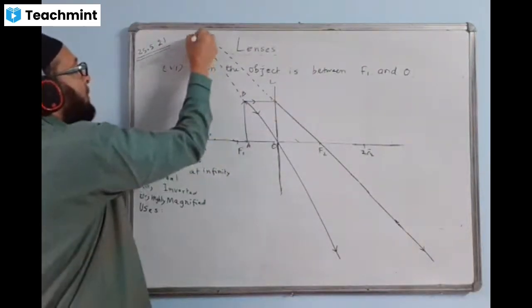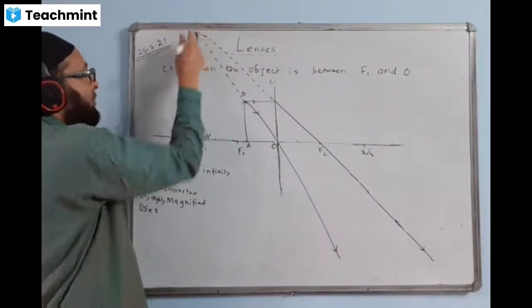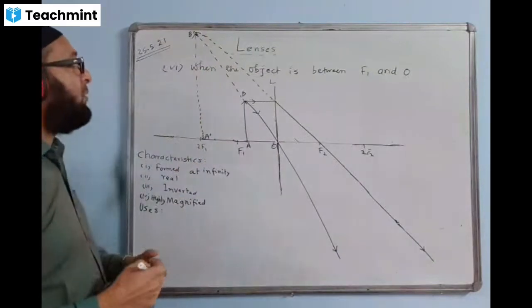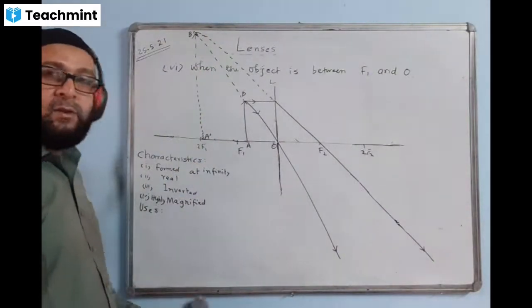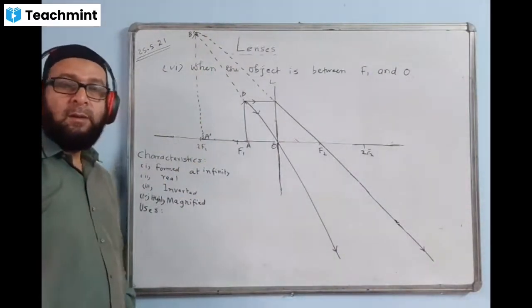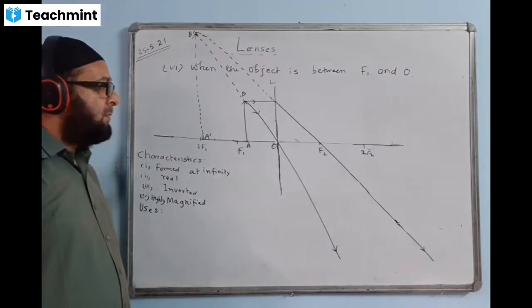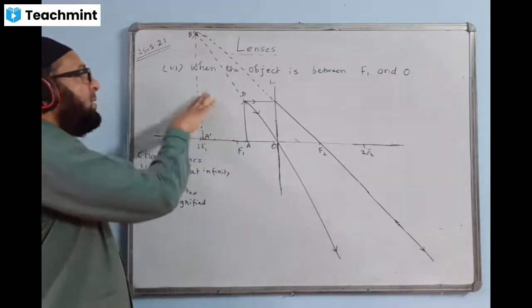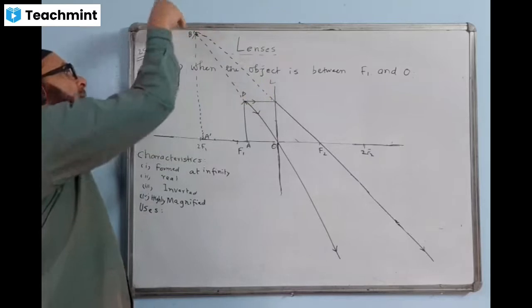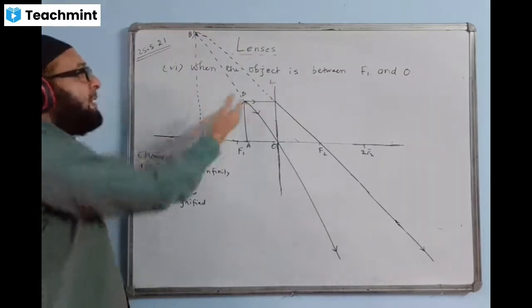A dash, B dash. A virtual image is to be shown by a dotted line. Don't draw a continuous line. All imaginary. The image is also imaginary, virtual. The two rays will be meeting through the dotted lines in the back side, back of the object.